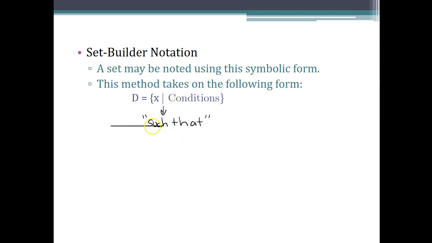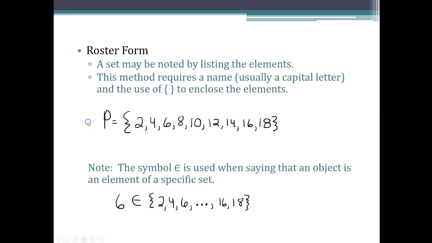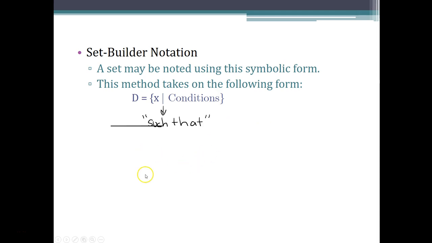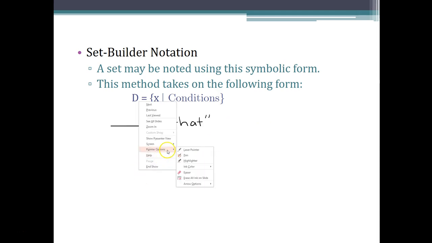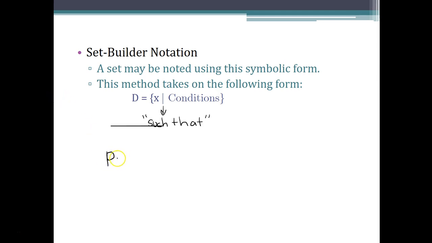Okay, so back to our set we just had. Let's use capital P again since we're dealing with the same set. We do have capital P is the set of the natural numbers greater than 0 and less than 20. Even natural numbers greater than 0 less than 20. So let's go ahead and do the same thing here. Let's let P equal, but with set builder notation we're going to say P equals all x such that